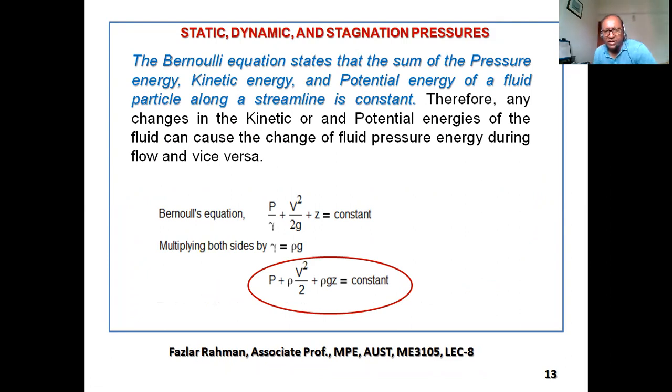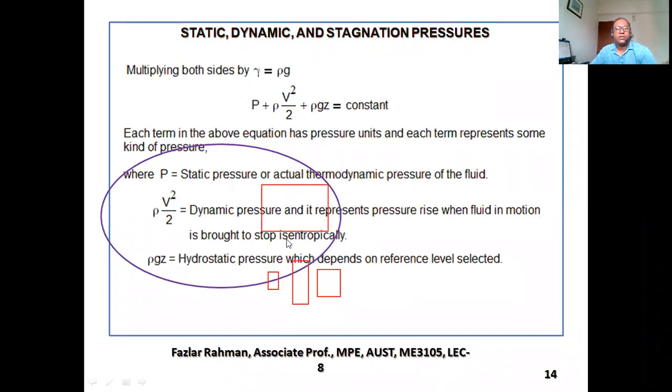Now, this equation you can represent in a different way. This is our Bernoulli's equation. If you multiply both sides by gamma, then this will be only P. Gamma equals rho g, so this g will cancel out. So rho v square by 2, and this will be rho g z, equal to constant. Now, if you look carefully at this equation,